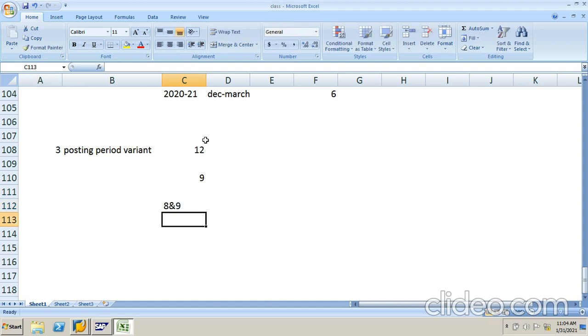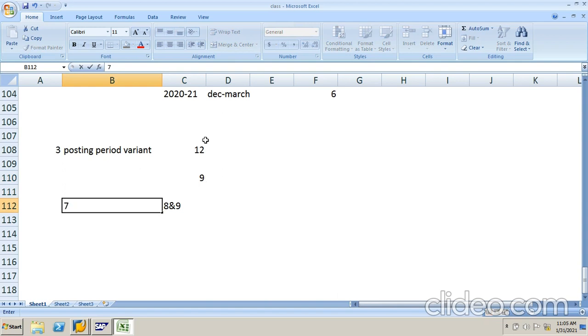Because to avoid the errors, if you open the previous month, there are chances to post the entries in previous months. Suppose you are supposed to post the entry in 9th month, you may post the entry in 7th month also, 7th period.